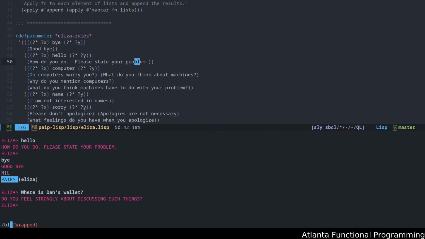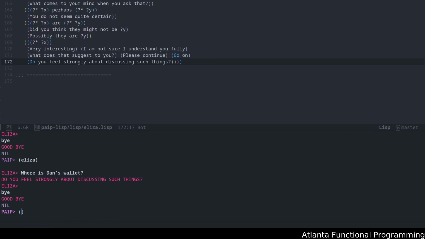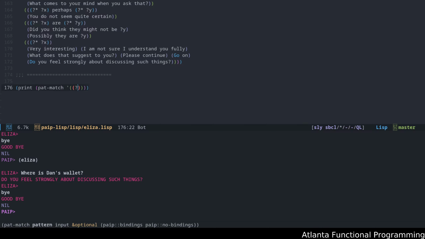So this is a catch-all. Okay, so here, let's see what happens when we do pattern match. Oh, I'm gonna have to write this because the REPL won't give me this answer correctly. Go up here, do this here. Let's say pattern print pat match star s